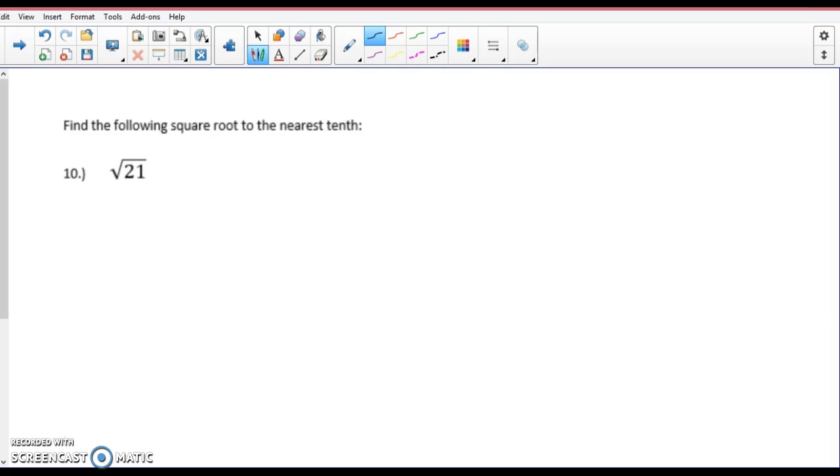Square root of 21. This is an estimate. Is approximately what? The first thing that goes through your head is what two perfect squares is this in between? Square root of 21 is between what two perfect